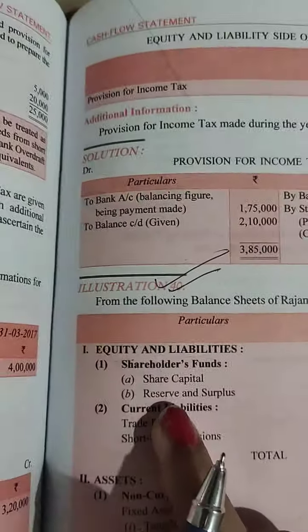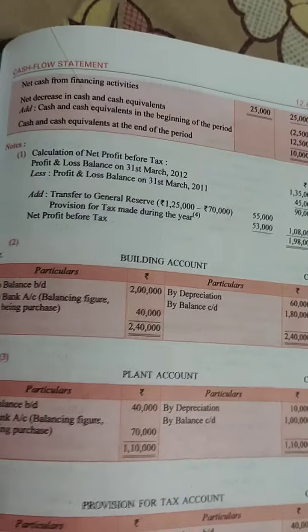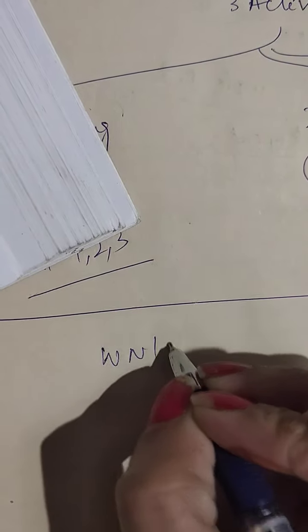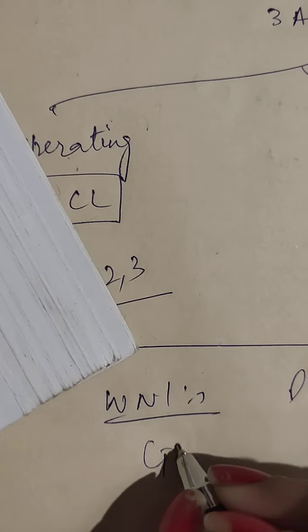Once done with the capital, now come to reserves and surplus. Reserves and surplus, again it says go to the working note. Please see the working note. The working note says that we have general reserve and we have profit and loss balance. I told you that general reserve is to be put in where? Profit before tax. So we need to make a working note. So I will write working note number 1. I am making this working note for PBT and I have general reserve.